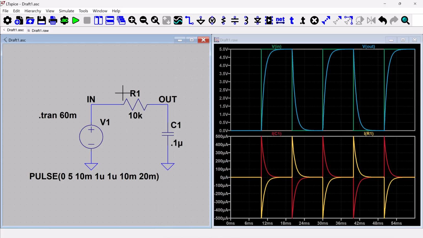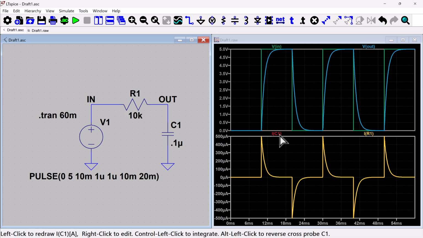If you are picky about this and it matters to you on your waveform that currents are the way you expect them, something you can do is rotate this resistor. I could either move it by clicking the move icon, or I could use the hotkey. I'll click M for move. I'm going to move this resistor out, and then I could either rotate it 180 degrees, or I could flip it. You can see here, there's rotate or mirror. I'm going to click mirror and put it down that way. Now I'm going to stick it back in my circuit. So far, nothing's changed because I need to rerun the simulation. So if I rerun,